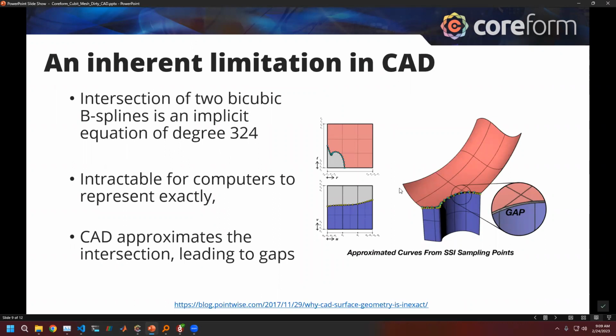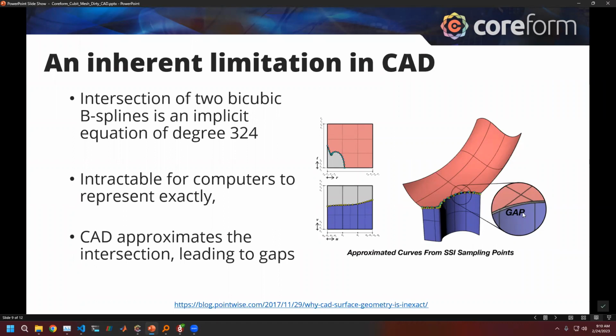So if you have these two surfaces, the intersection of those trims is an impractically high degree for us to represent exactly in the computer. So instead, all the different CAD applications approximate those trims with a lower order approximation. And then that has lost information. We've introduced gaps into our model. And what we'll see is that spline surfaces are oftentimes the cause of a lot of the dirtiness in CAD. We'll actually even see that. So if we have these CAD models that have these inherent gaps,